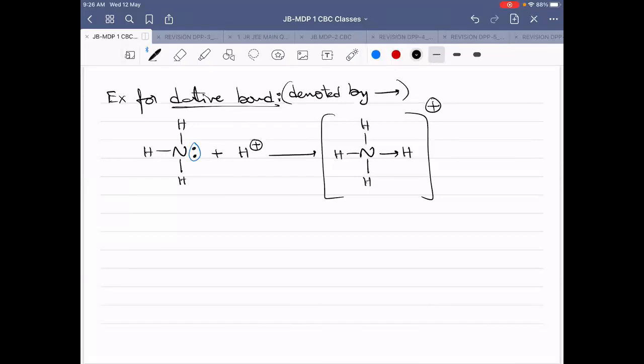Sir, once please show the metallic bond so that I can write. A metallic bond is the bond formed between two metal atoms. That is only there. I have written it. A bond formed between two metal atoms is called a metallic bond. The example for dative bond I have given, Vikas. Sir, is a sigma bond a normal covalent bond? See, a normal covalent bond means it can be a sigma bond or it can be a pi bond. Both sigma and pi bonds are normal covalent bonds. Understanding?